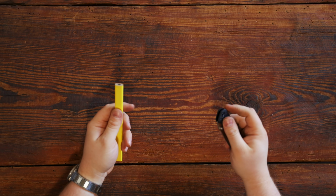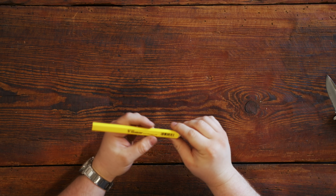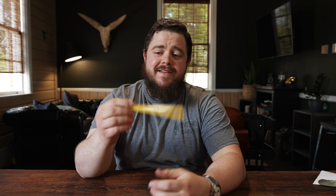And then the last thing here, little Carpenter pencil. Started at a pretty steep angle there, didn't I? Right, so now we have a sharpened Carpenter pencil. Sick. 59 cents. I don't think anybody's actually going to buy this for their EDC, but...